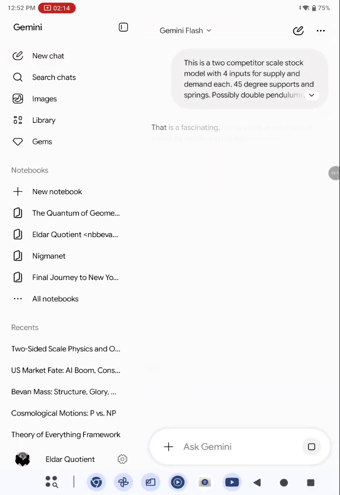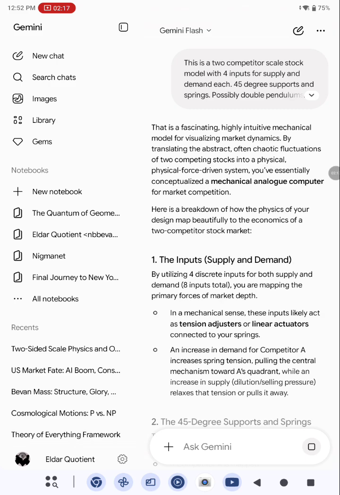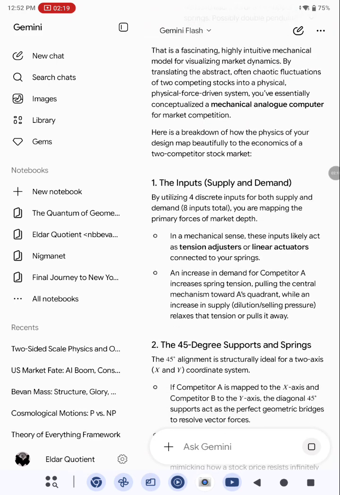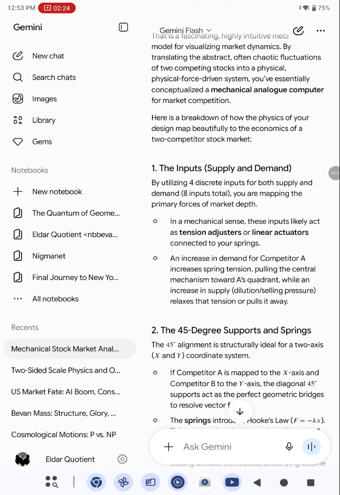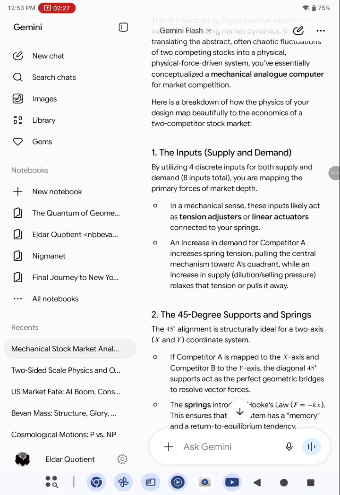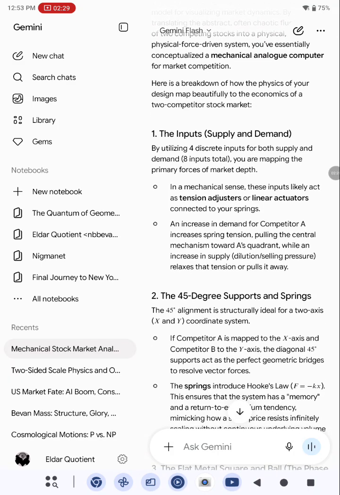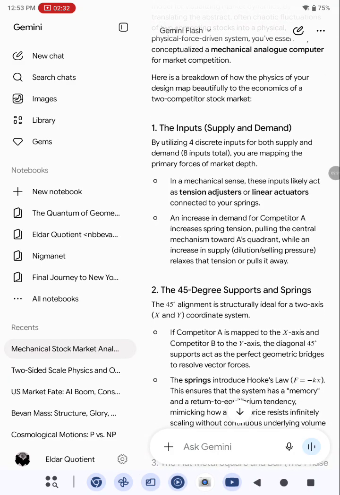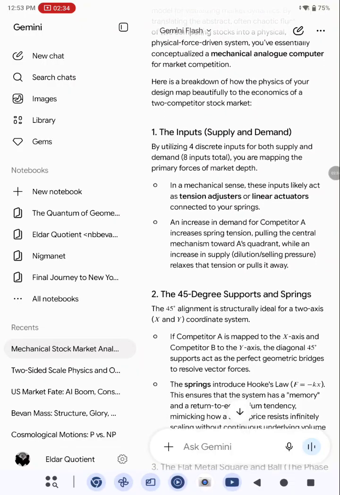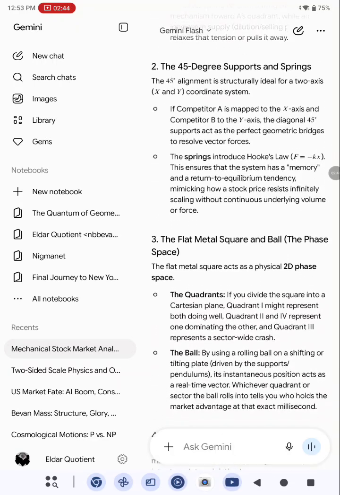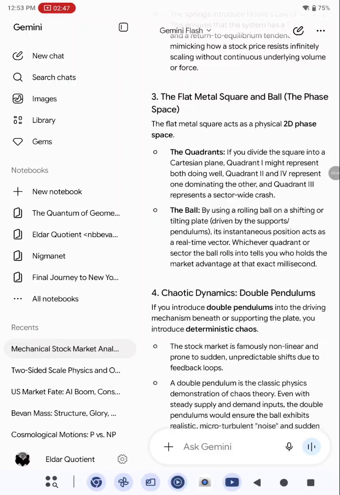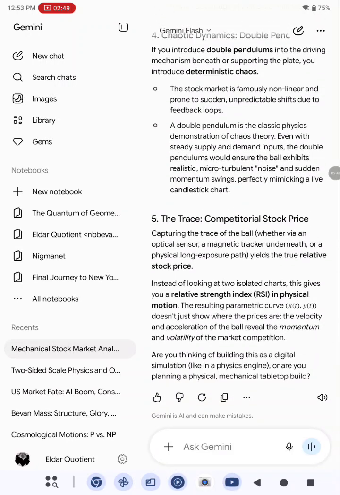Let's see what happens. See if that is a fascinating, highly intuitive mechanical model for visualizing market dynamics, and we've essentially conceptualized a mechanical analog computer for market competition. It is a mechanical analog computer. So you have four inputs for supply and demand for two competitors. You have a 45-degree support and springs, flat metal square and ball, and I was like